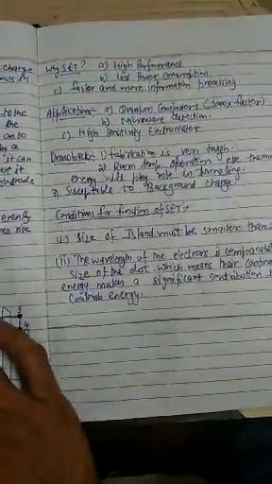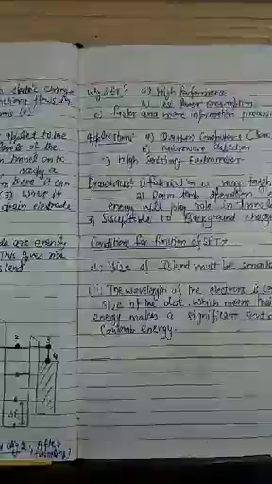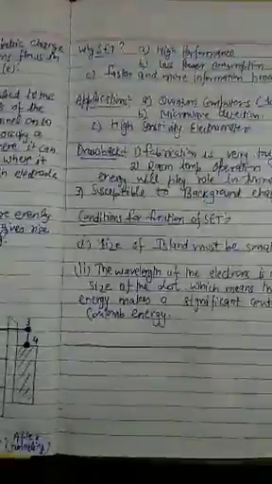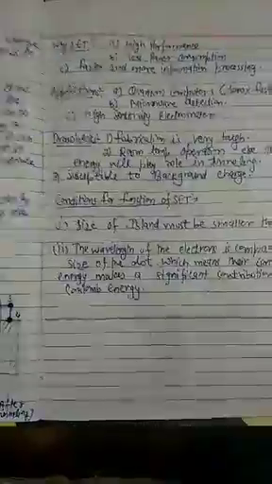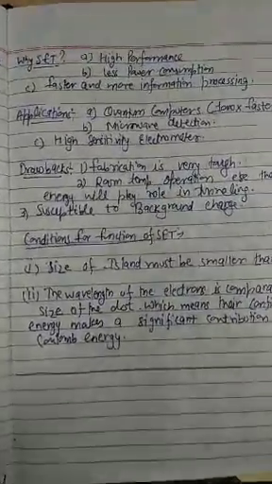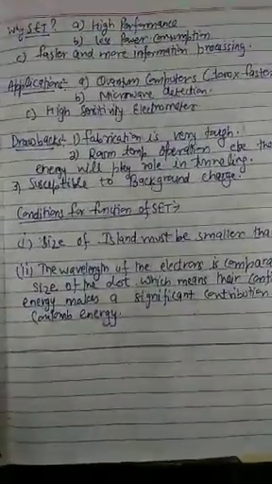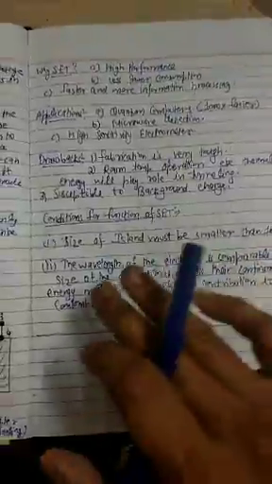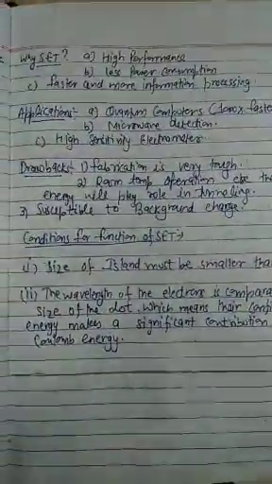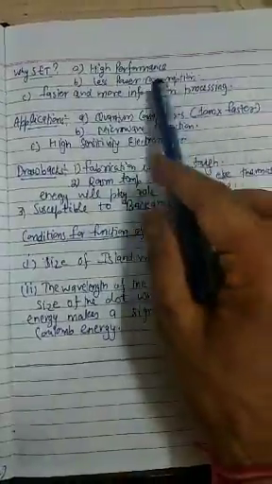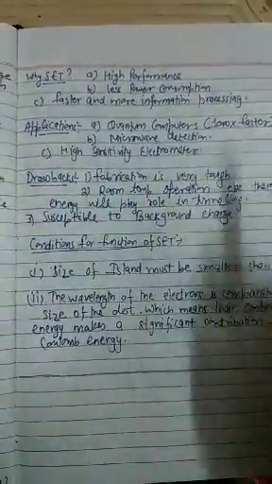And why are we understanding it? The first thing is, you can say, it is one of the best applications of Coulomb blockade, and the other potential reasons are its very fast performance, very high performance and faster processing, and very low power consumption, because even after application of a small potential the electron can tunnel from one electrode to the other. So high performance, very low consumption, very low potential required, fast and more information processing.